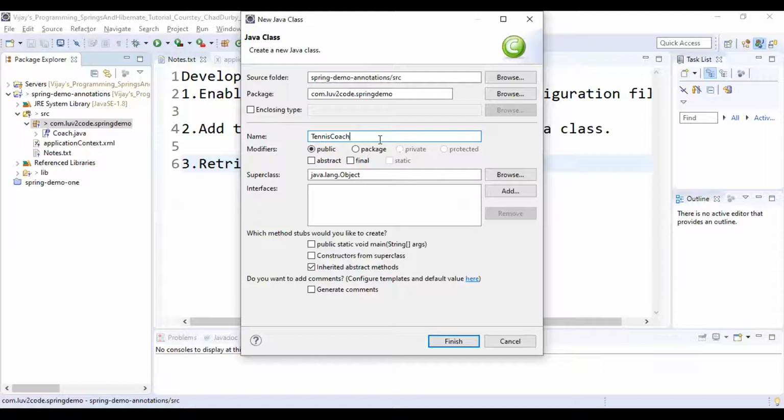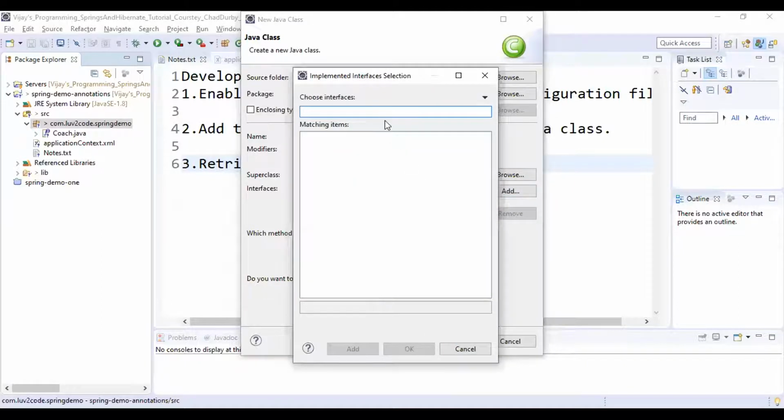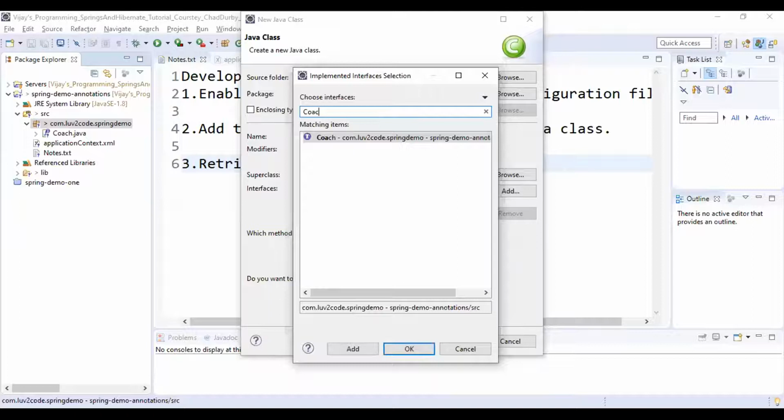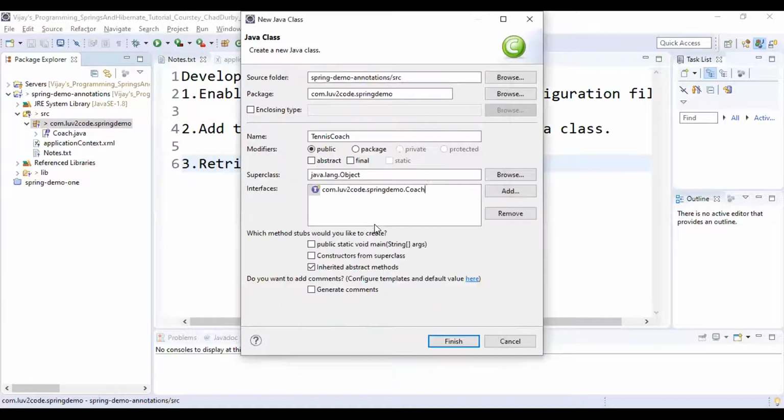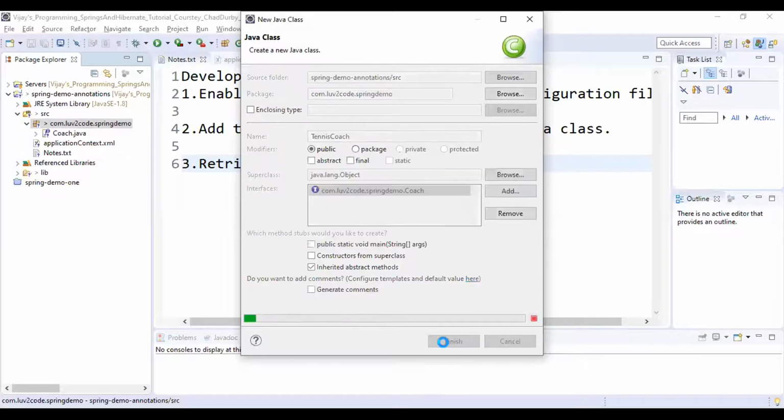TennisCoach implements Coach interface. Click on this Add and start typing Coach, and here you'll be getting this Coach. Just click OK. The entry has been done as it is implementing the Coach interface. Just hit the Finish button.